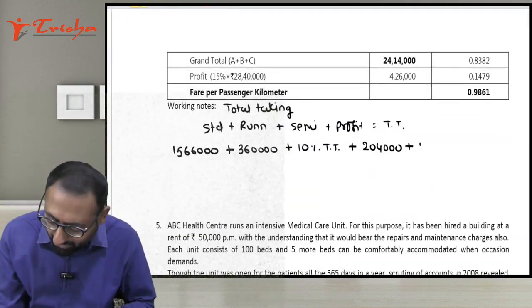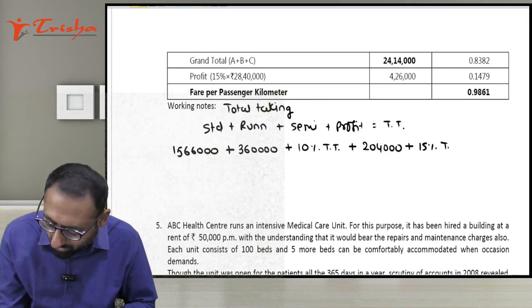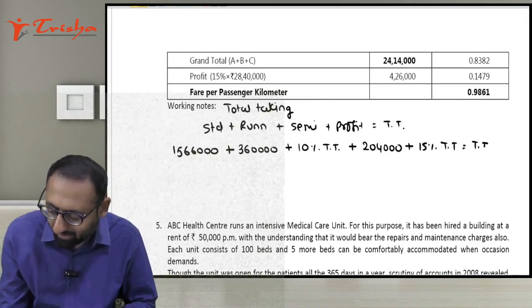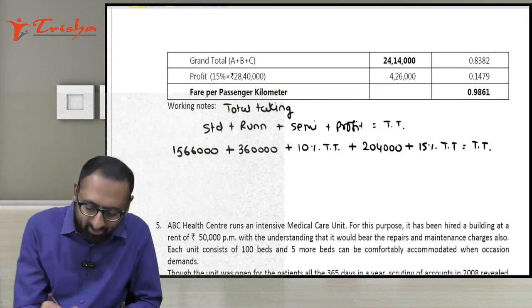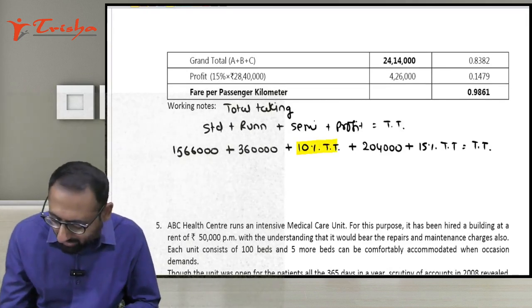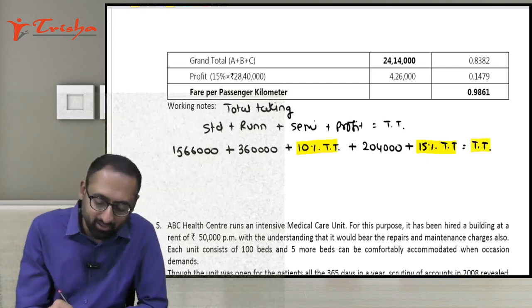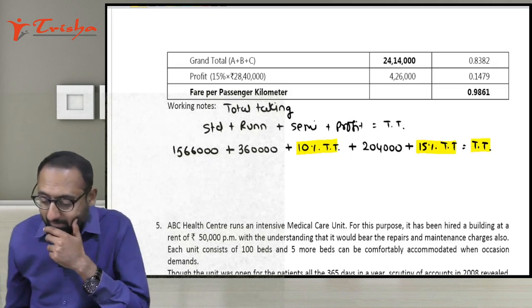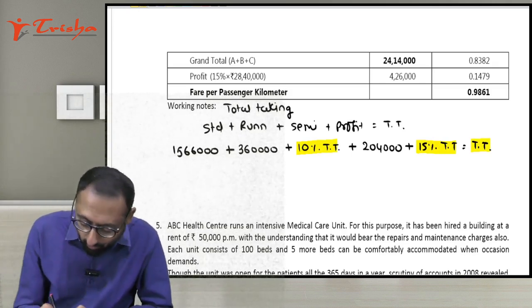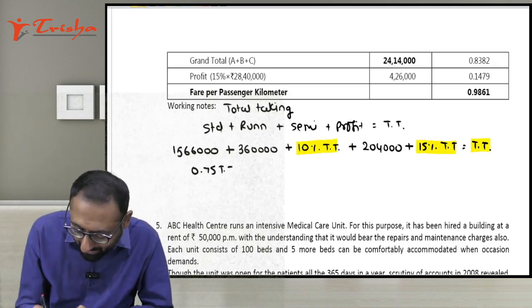Plus 15% is your profit on total taking is equal to total taking, right, guys? So in the left hand side also we have some total taking. In the right hand side also we have the total taking. Now we will equate this total taking. Now how much it will be? 0.10 plus 0.15, 0.25. So 0.75 of total taking is equal to